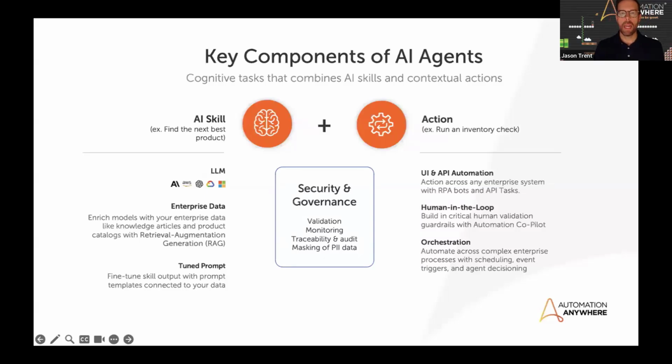Now, for us, an AI agent isn't just interacting with the generative AI model. There's a lot of tools out there that can do that. We believe that our differentiator lies in the ability to pair the outcome of that interaction with action. And so that's going to be taking advantage of all of the automation capabilities that we have within the platform, be it traditional UI automation through taskbots, be it our new capabilities through API tasks, stitching together and utilizing these AI agents within a process that you're building, be it something like Process Composer,